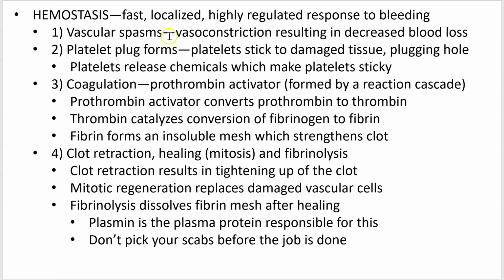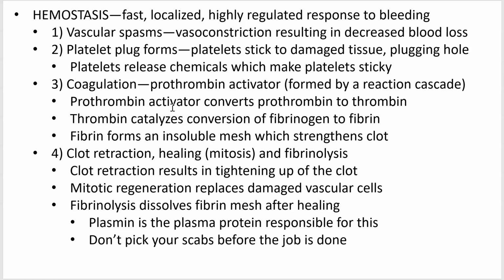a clot to form. And the first step in the clot forming is called a platelet plug, where the platelets become sticky and they actually just gum up the hole. They form a clog like in your sink. They produce and release chemicals which make other platelets in the area sticky as well. Then coagulation. Coagulation is basically solidification of the material. So the blood and platelets in the area are going to become a solid thing, which is the beginnings of